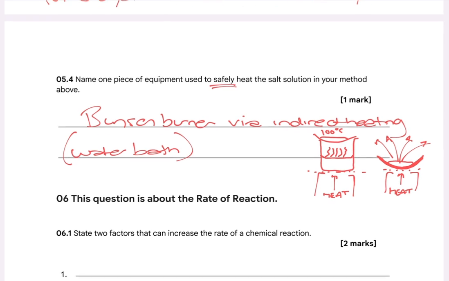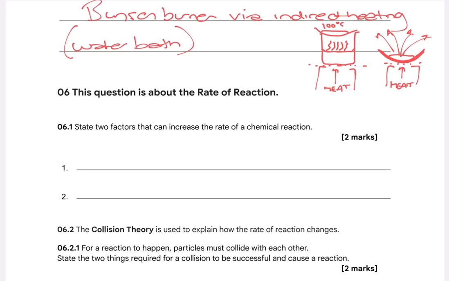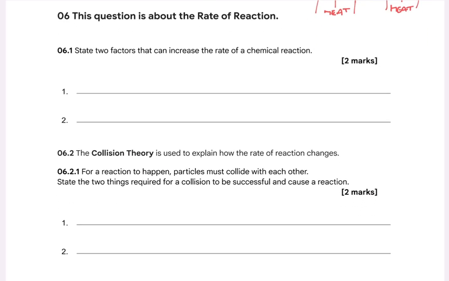So, moving on then, let's go into question 6. We're into a rate of reaction question this time, and it's asking us for a simple stating of two factors that can increase the rate of a chemical reaction. One is temperature. Generally, if we were to heat a reaction, that would increase the rate of that. And another would be to increase